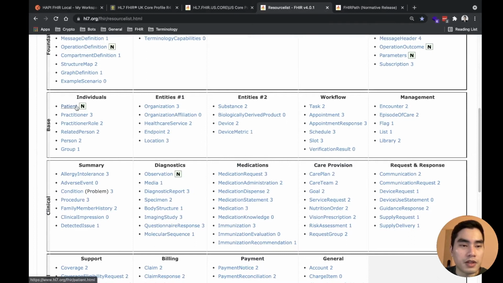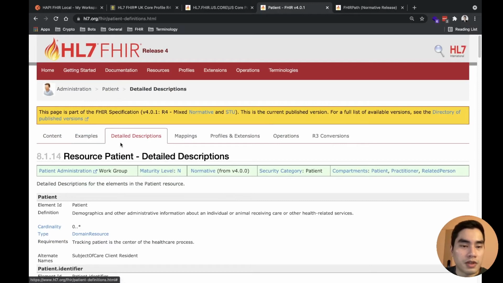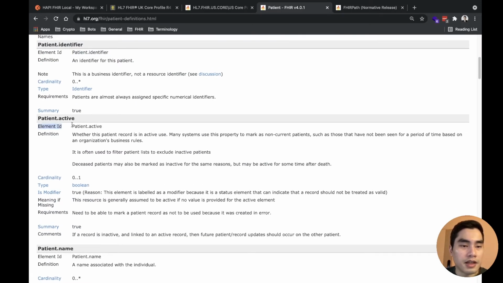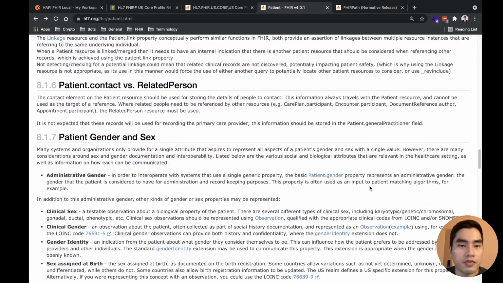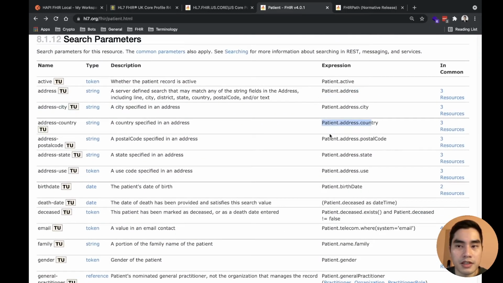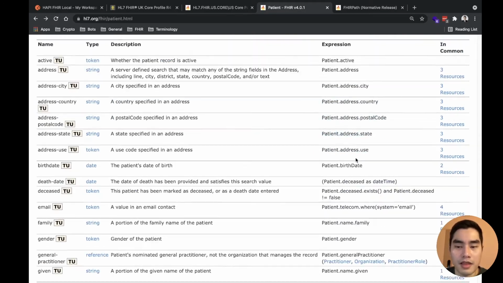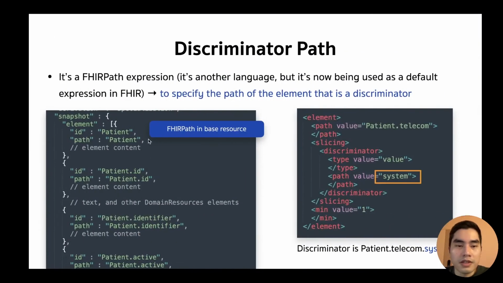When we look at each resource here, if you go to the description or view the structure definition directly, you will see that there is an element ID like this. And if you go to this search parameter, this expression, postal code, this is a path, and I think it's FHIRPath as well. So basically that is what path is about.